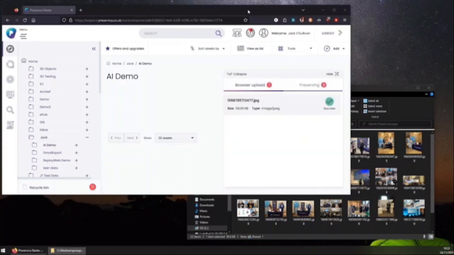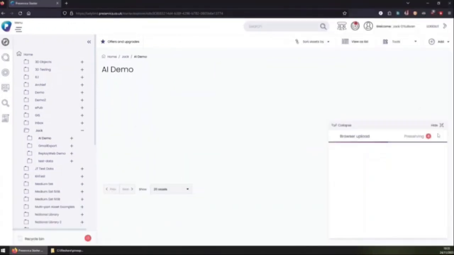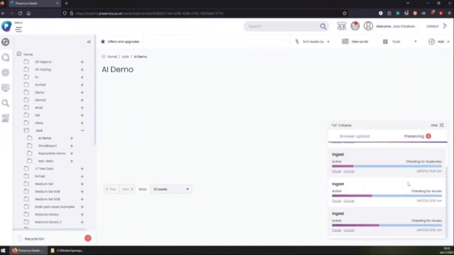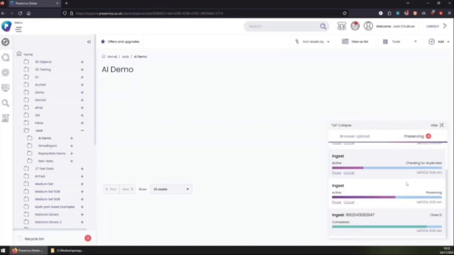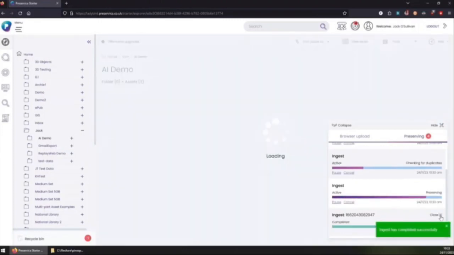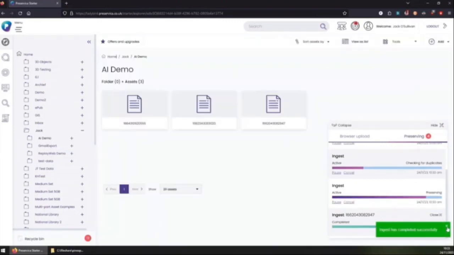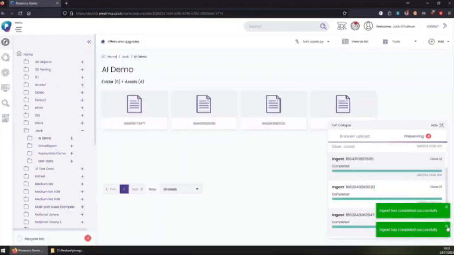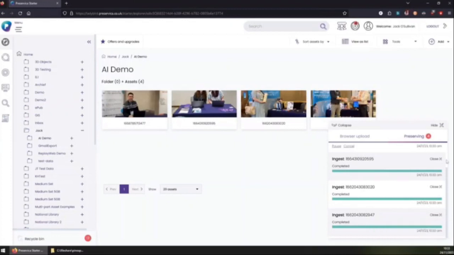So the base Microsoft tool is very good at doing things like recognizing people, recognizing common objects. It's not able to recognize things that it's not specifically trained to look for. So something like the Preservica logo, it's not going to know how to recognize that until we build a custom model and tell it.